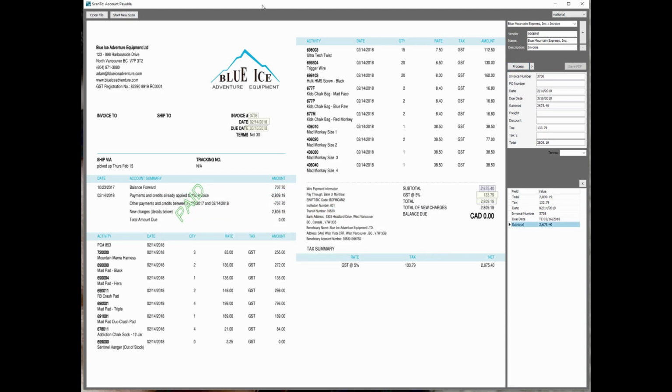One thing you may notice about this invoice is that the total is at the bottom under this variable length list of items. That means that these subtotals and totals will be at a different place on each invoice. To take care of that, and to make sure that ScanTo doesn't always look for these subtotals in the same spot relative to the first page,